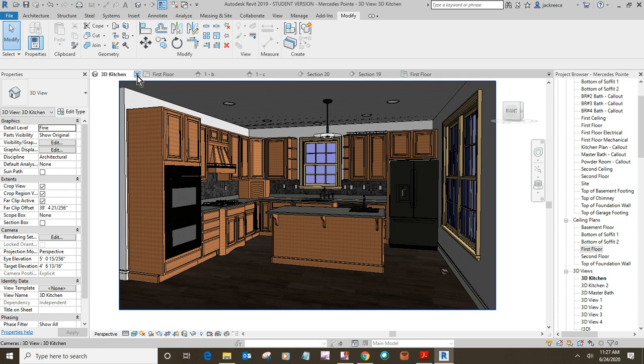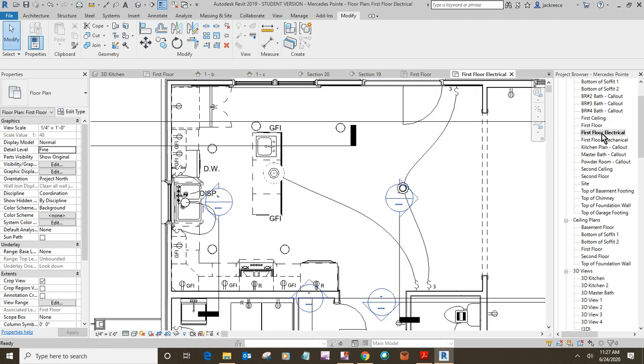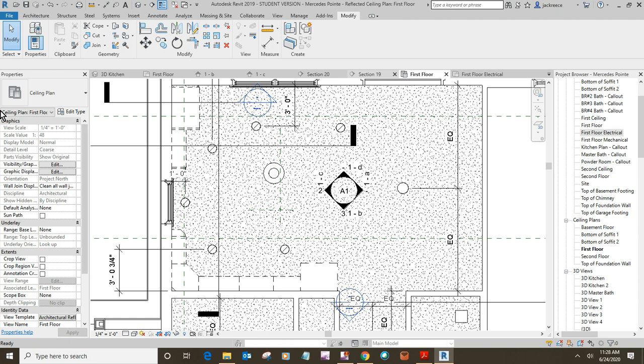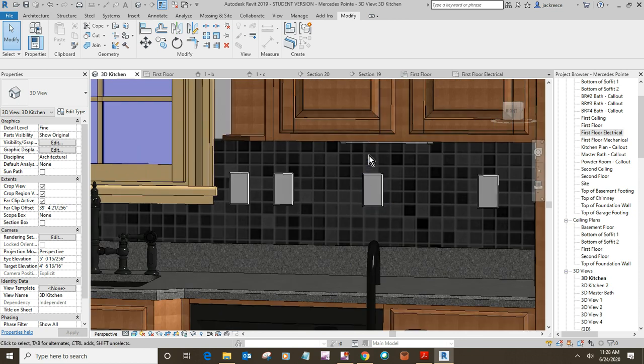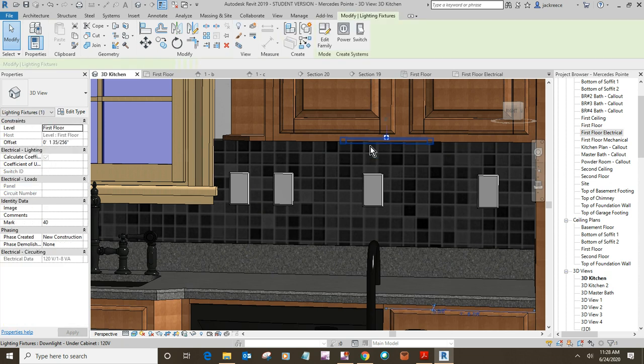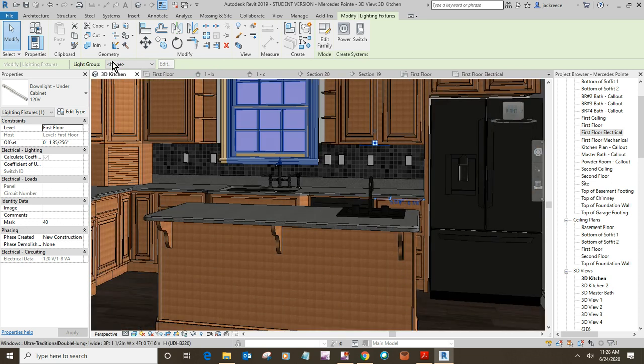Okay. Now the under cabinet lights. Okay, they're not showing on the electrical plan. They're there, trust me. Okay, if I zoom in, you can see them right there. So this is a stock Revit light. Download under cabinet light 120 volt. Okay, so you'll put one in, and then